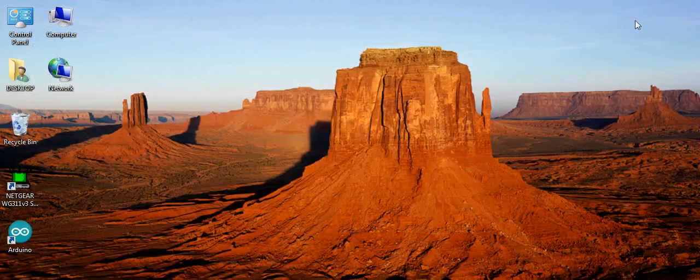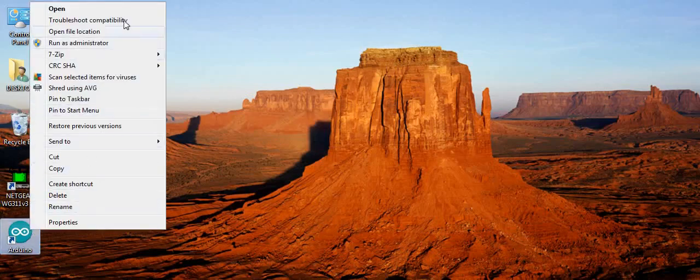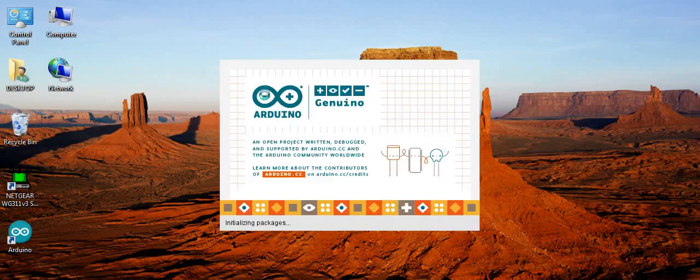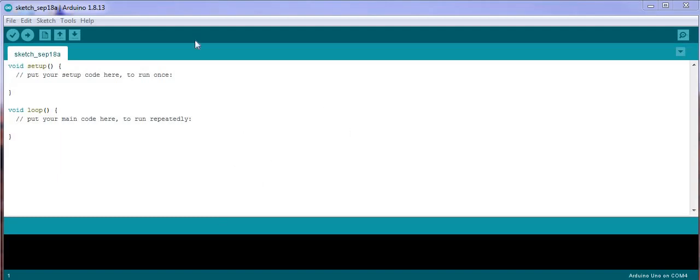I have selected desktop, so I will be going to desktop, and here you can see that the Arduino named application is installed. Right click and click on open. The first time it will take some extra time to set up. And here we go. Now on your screen you can see the Arduino software. Here are some of its tools like compile, upload, save, open, etc.